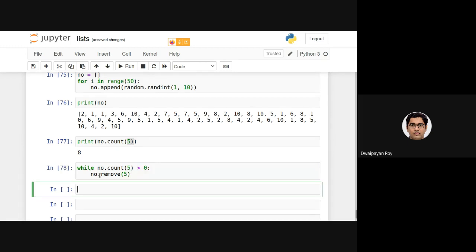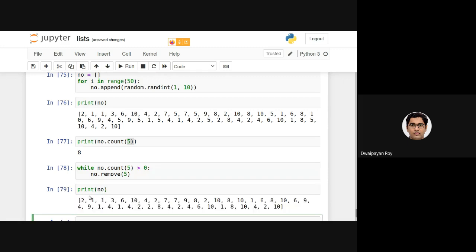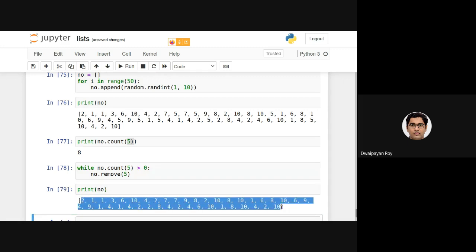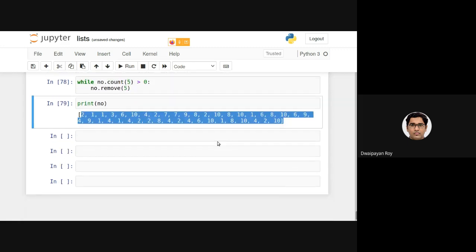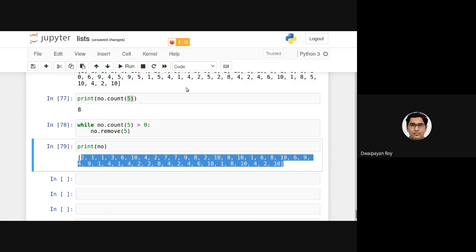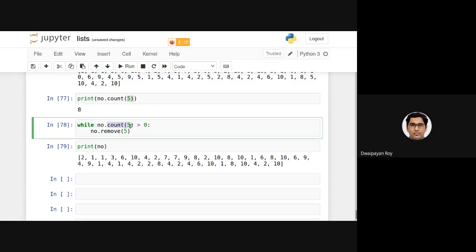So after that, if I print no, as you can see, there are no 5s. So altogether 8 5s are being removed from this list. This is using the while loop together with this count function.